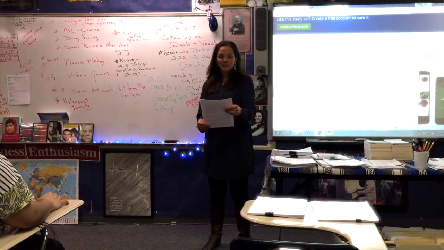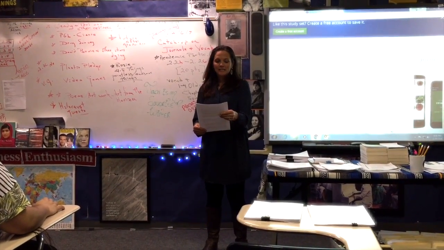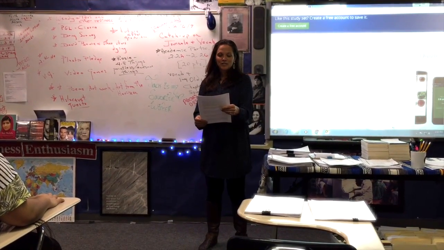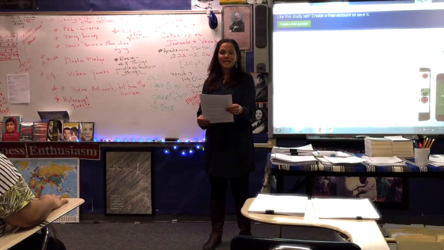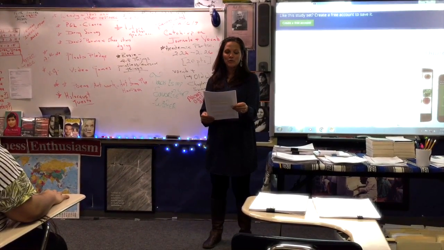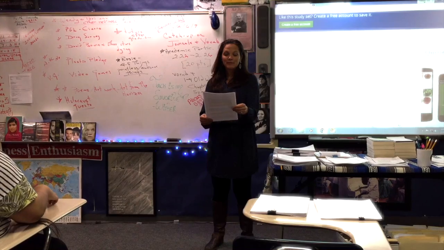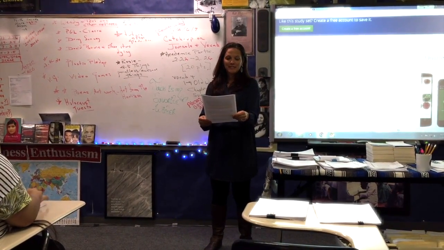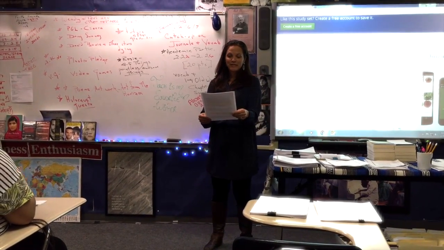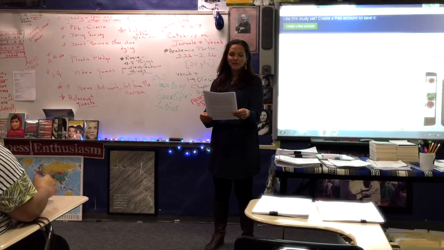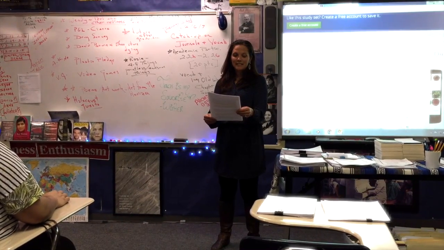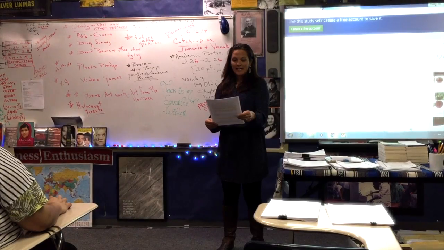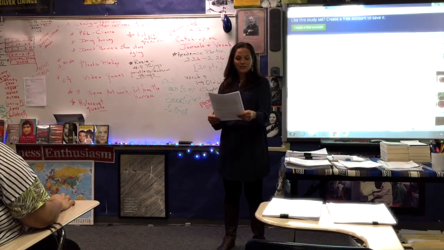Content area standards and objectives include CCSS Literacy RL 9-10.2: determine a theme or central idea of a text and analyze in detail its development over the course of the text, including how it emerges and is shaped and refined by specific details; provide an objective summary of the text; determine the meaning of words and phrases as they are used in the text, including figurative and connotative meanings; analyze the cumulative impact of specific word choices on meaning and tone. And the ELD standards include